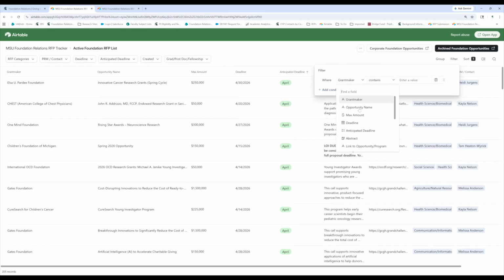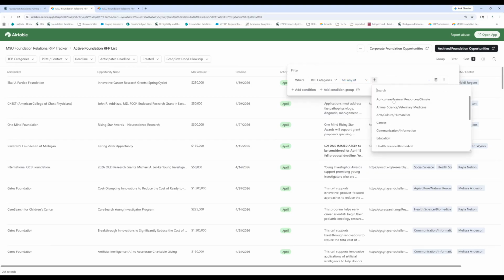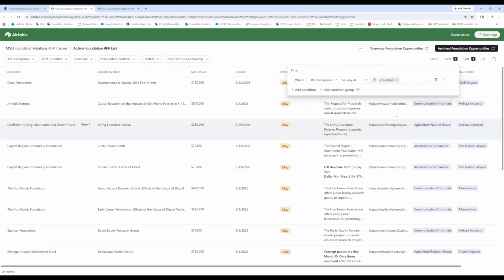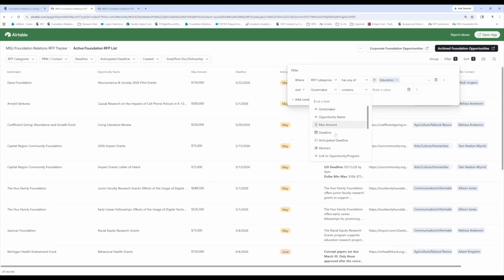So let's say that the category has any of, I want education, and I want the category, or I want the max amount is greater than 100,000.